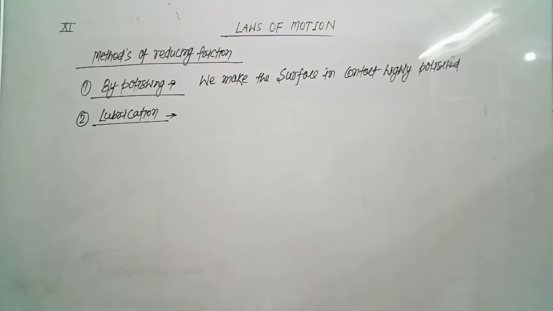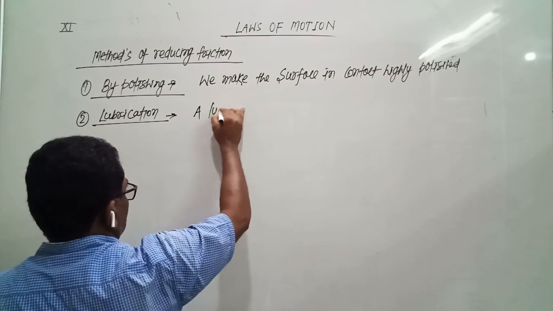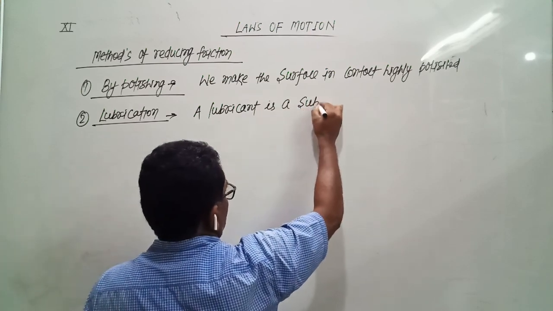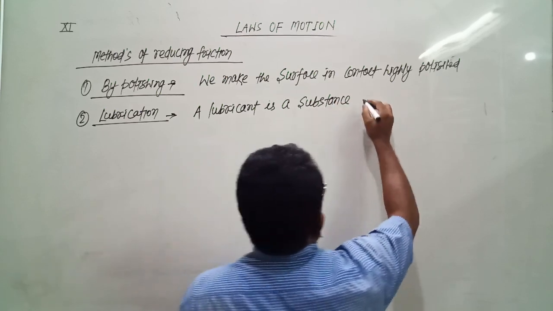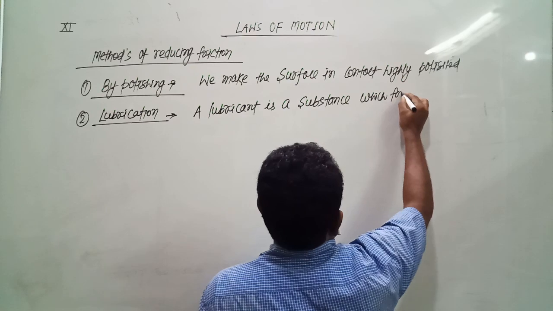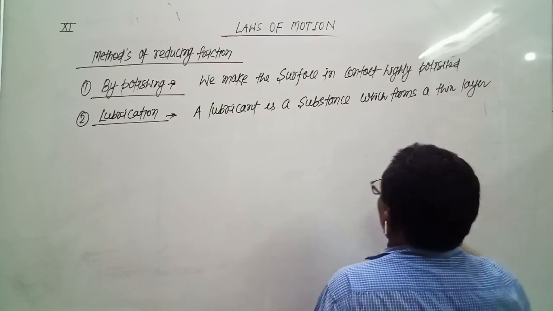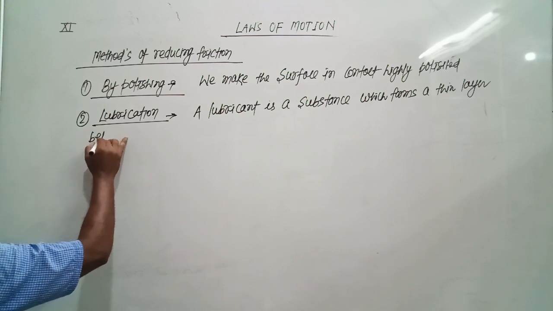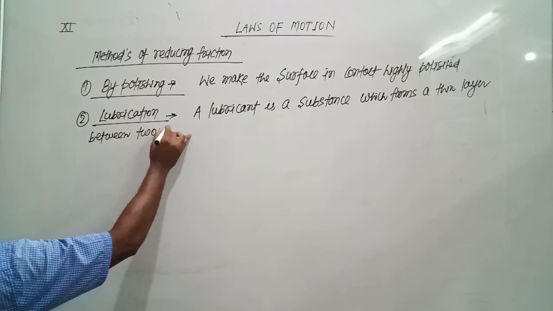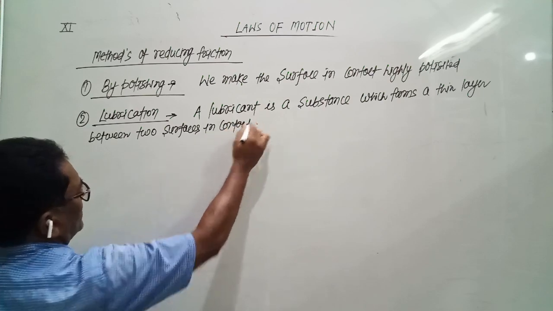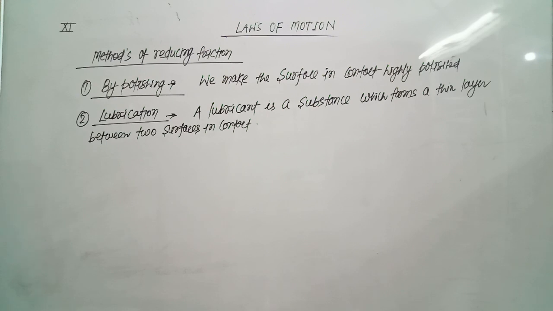A lubricant is a substance which forms a thin layer between two surfaces in contact, and it fills the depressions